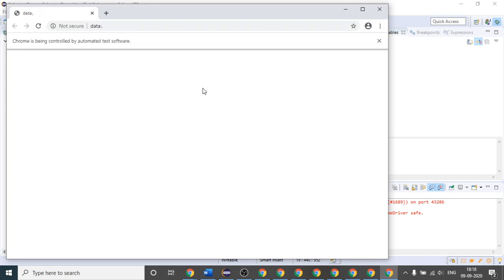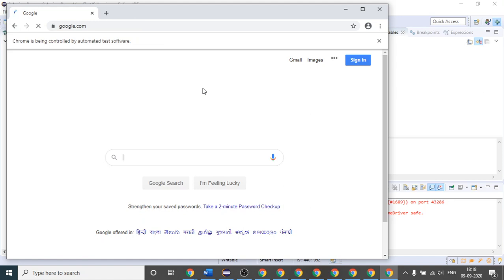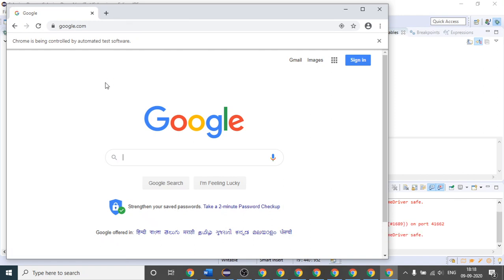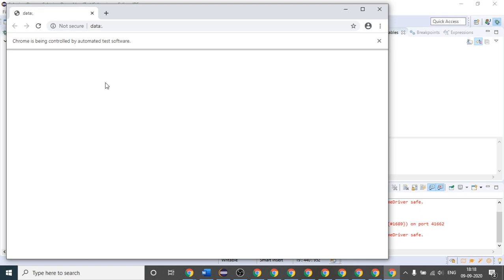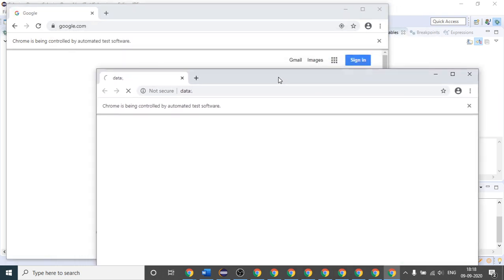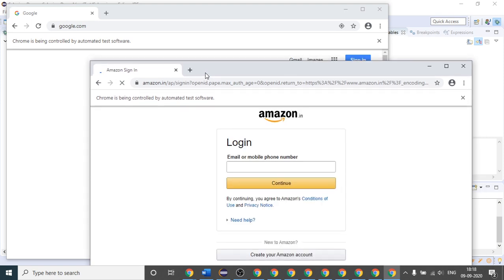See, Google has opened, and one more browser should get executed. See, it has not finished loading; this is the reason the second browser is not open. See, it has opened one more browser, as I have given in the assignment as well. Here amazon.com will be opened. So this way you can open multiple browsers. Is it clear?